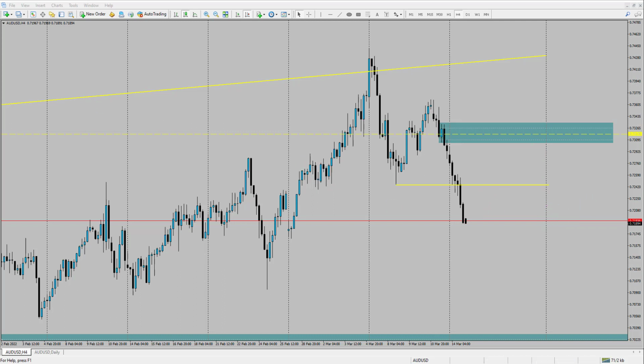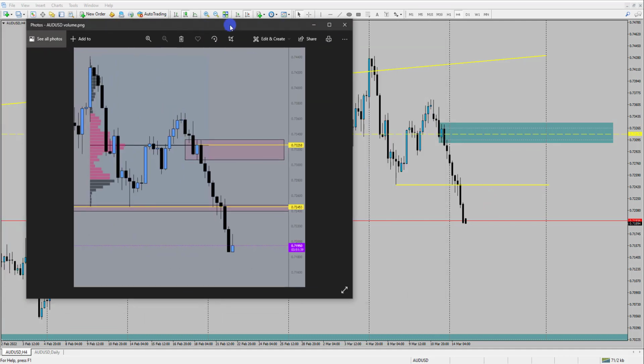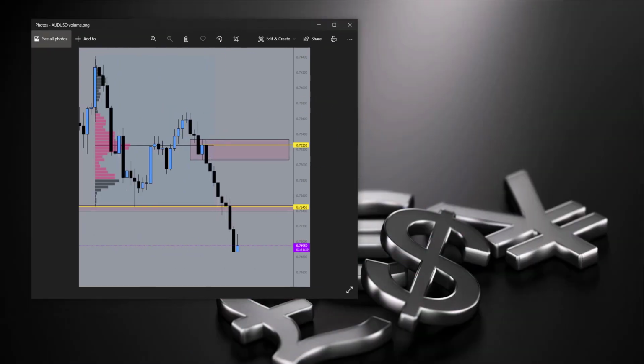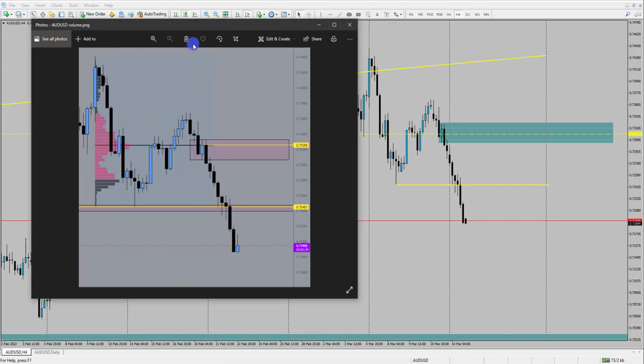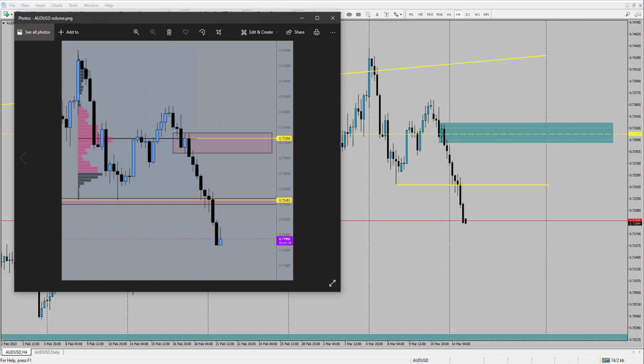Alternatively, we can look at some volume levels. So if I just bring on the Aussie US dollar volume in here, give me 1 second, let's just pop this back on. The Aussie US dollar volume, so you can see a perfect example there of how the market could potentially find this area of resistance, because we pointed out this supply zone. Okay, now if we look at the volumes within that supply zone, it's actually the point of control of last week, which is around about